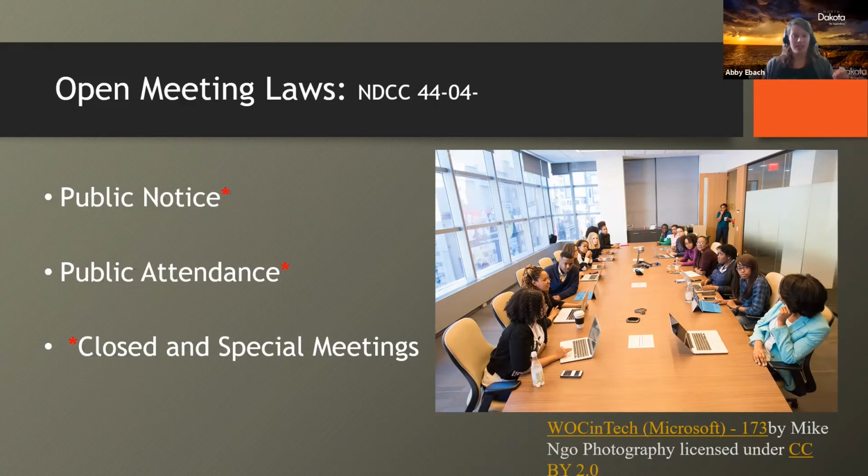So in case I need to say it absolutely explicitly, board meetings are open to the public as per Century Code 44-04. It is the law that the public can attend your meetings. All right, friendly bullet points, public notice. If you hold regularly scheduled meetings, like most of your board meetings probably are, they need to be posted on the library's official website or filed with your city or county auditor. And information about the meeting notice needs to be given to anybody that requests it.